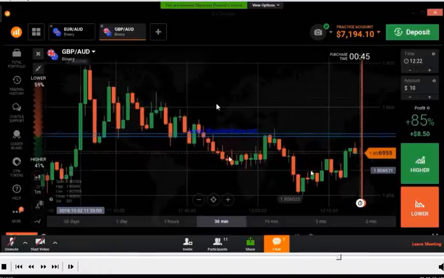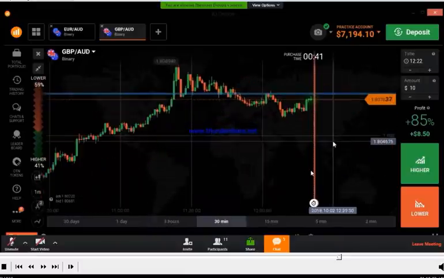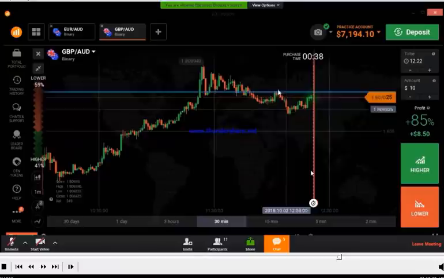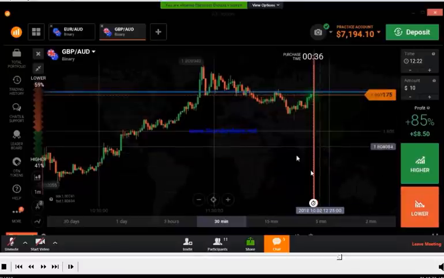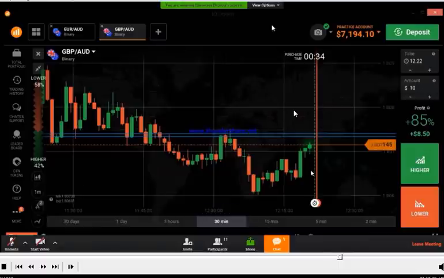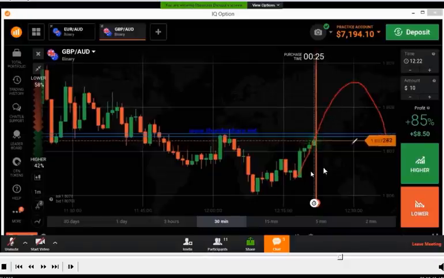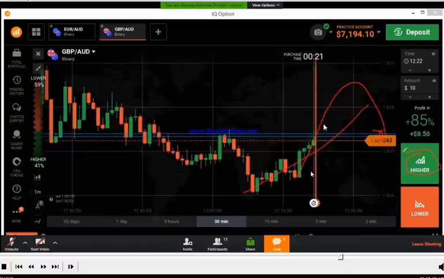if you find one confirmation, you can trade in the direction. This is a downtrend. You can trade here with the lower option. If market breaks this level, it will again come to the same level. Then you can trade here with the uptrend, with the higher option.